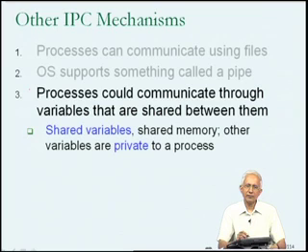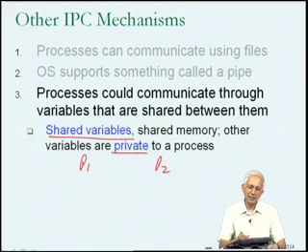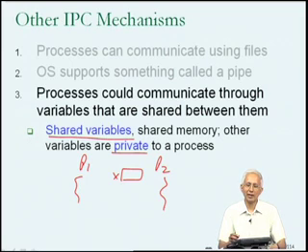So the idea here is that there will be some variables which can be used between process P1 and P2 for the purposes of communication, and we will refer to those variables as shared variables, and the variables of the process which are not shared we will refer to as private variables. Right? So it's possible that I have process P1 and process P2, and they may have one variable that is shared